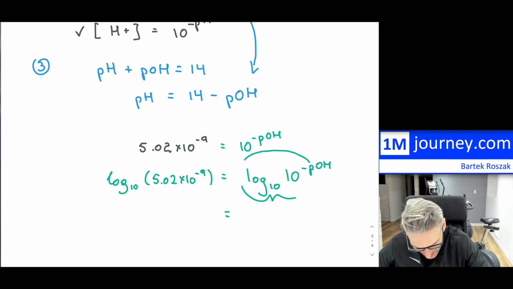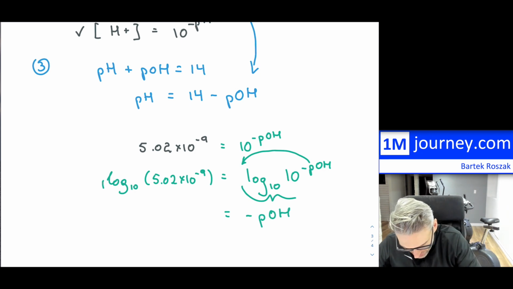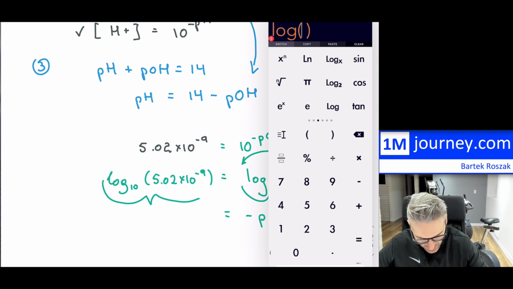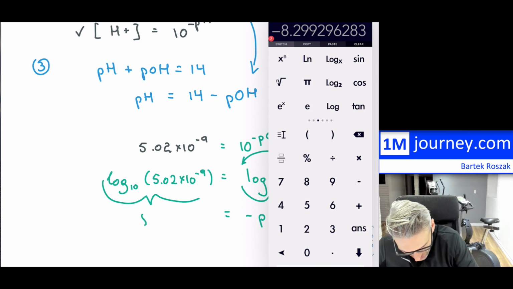The exponent comes down to the front, so this becomes negative pOH. I can calculate what this is: log of 5.02 times 10 to the negative 9. I hit equals and I get negative 8 point